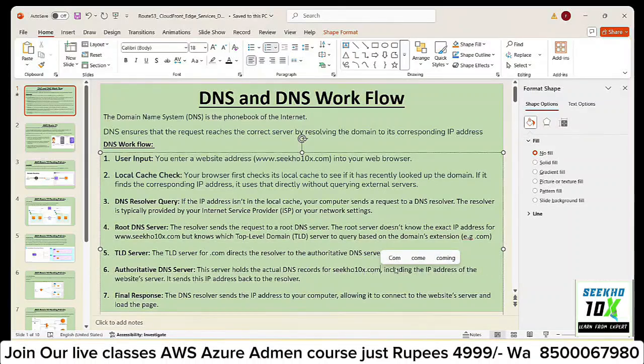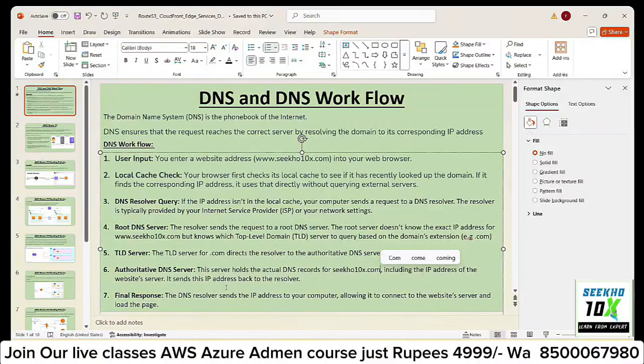So he will identify who is seco10x.com, and he will find your IP address, and that IP address will finally be responded to your resolver server.